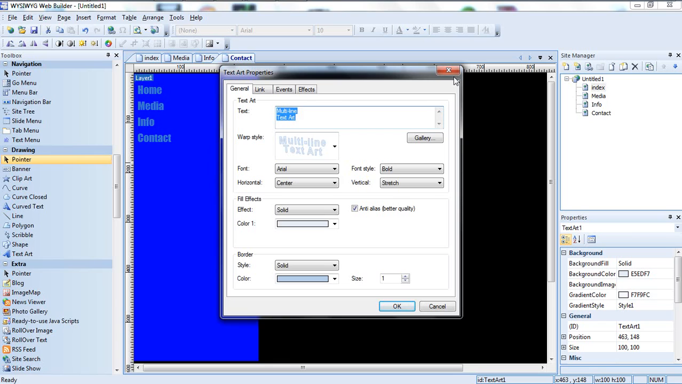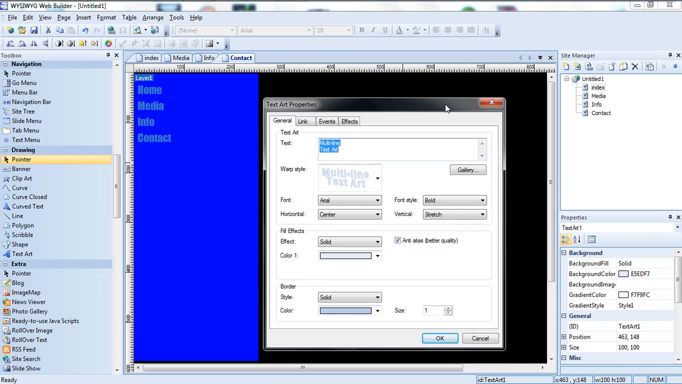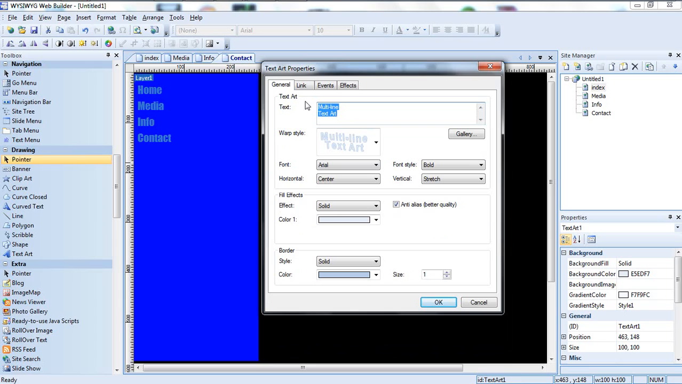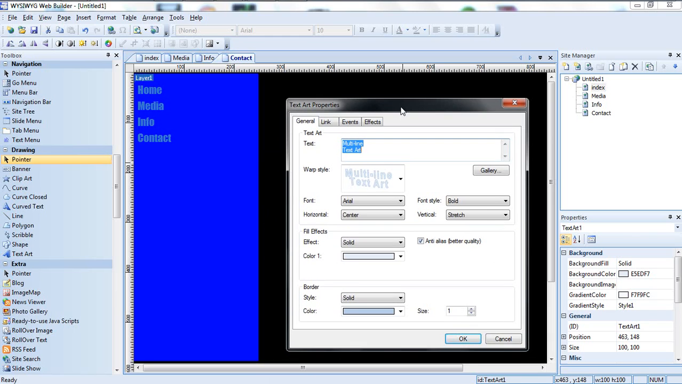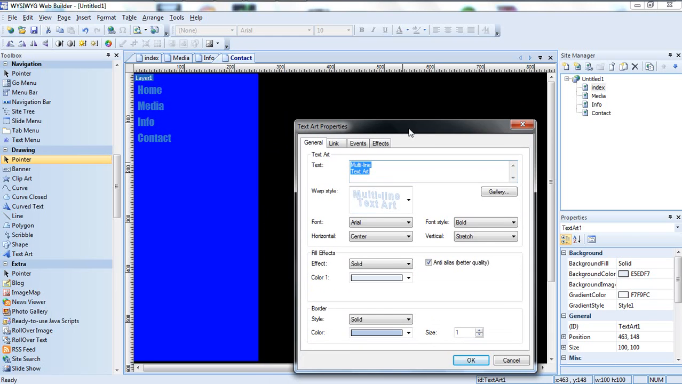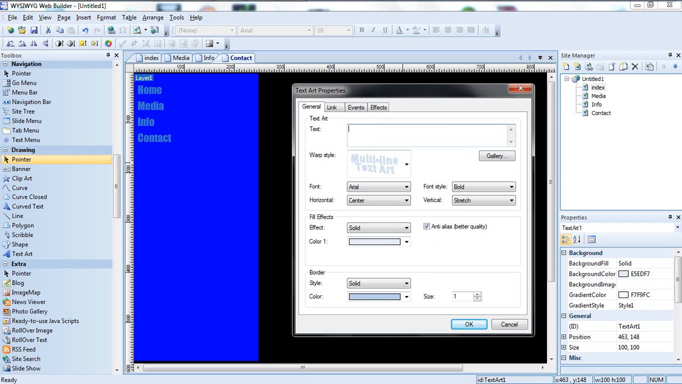Now click on text art, and now text art properties comes up. Now in the text margin you can see multi-line text art. That's just an example that's already in. So you're gonna just delete that, and you can name it whatever you want. But we're gonna name it contact, because we're on the contact page right now. As you can see where my arrow is, we're on contact. Remember that. So we're gonna type in contact